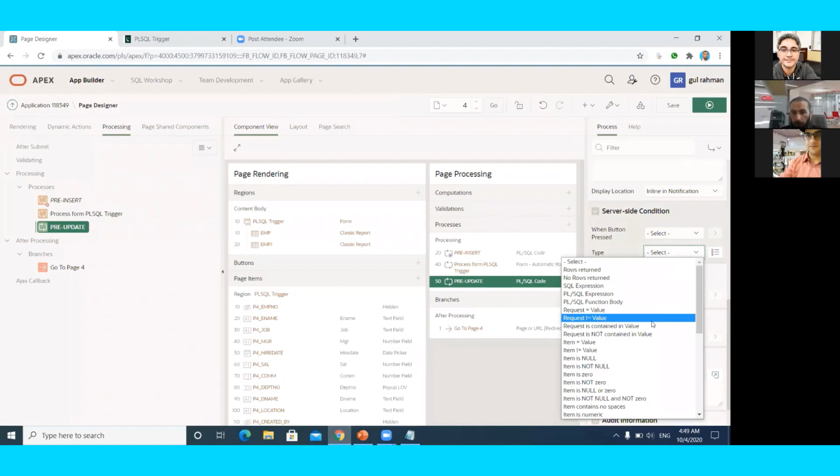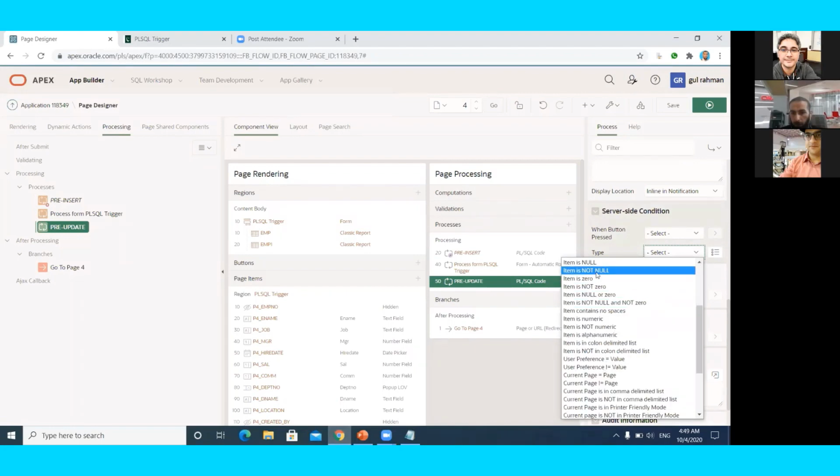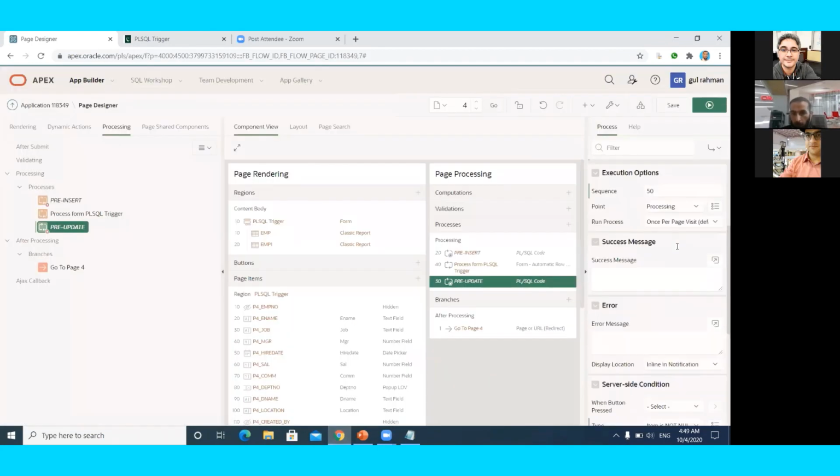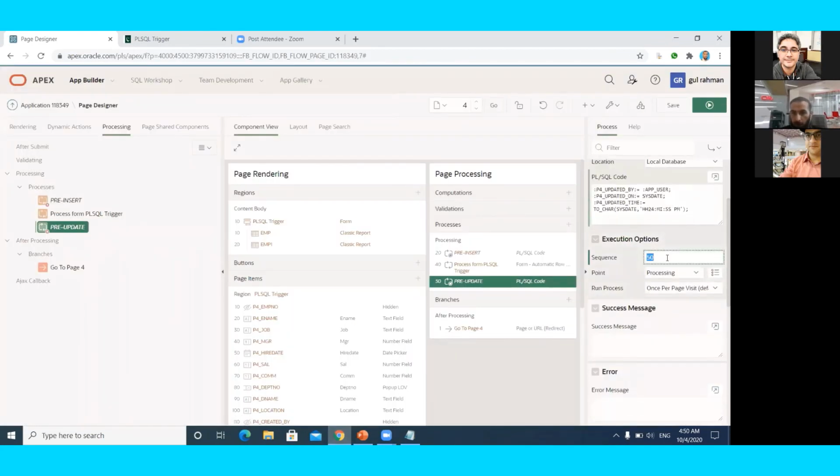This process will run when primary key is not null, which means at update time. And I want to set the execution point,